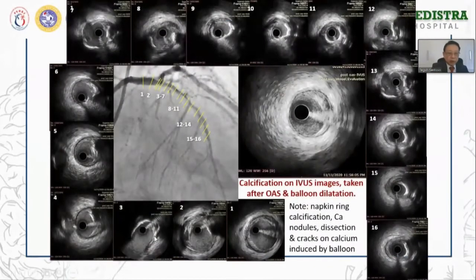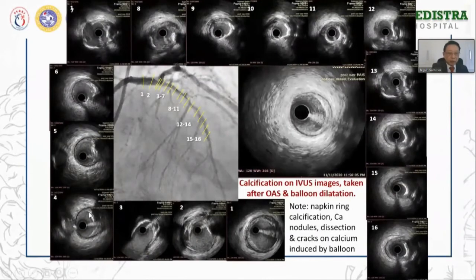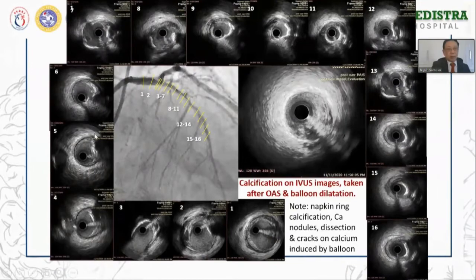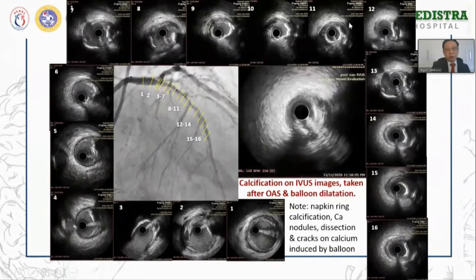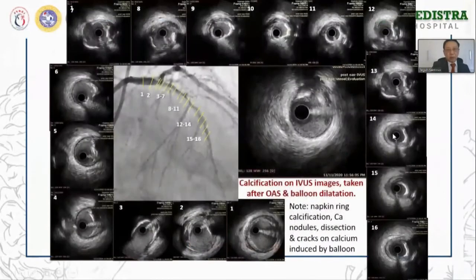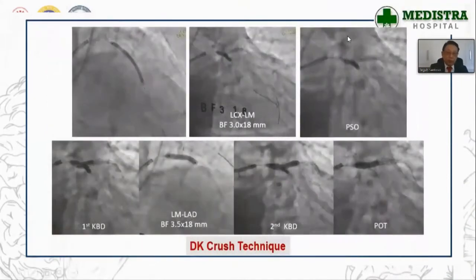You'll see here that even in distal left main, you see calcifications. This is at the bifurcation site. And then we have also calcification all over until the mid LAD. And you'll see here we have introduced cracks, and in some parts close to napkin ring calcifications, we have also introduced dissection cracks. And this means that we already have a good platform for our stent, and this is the